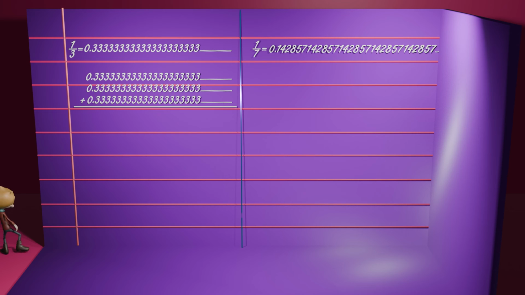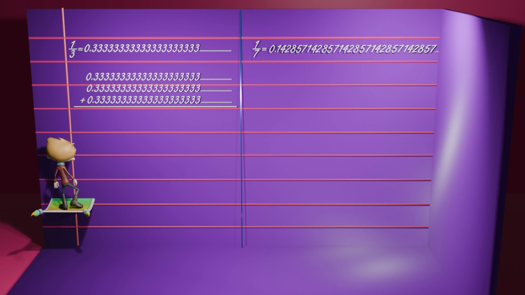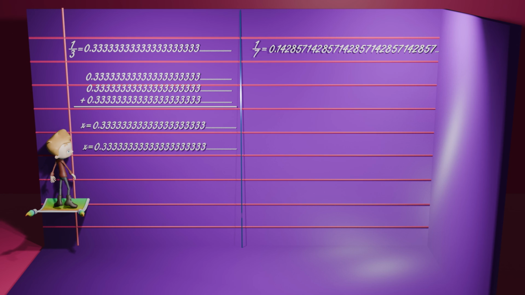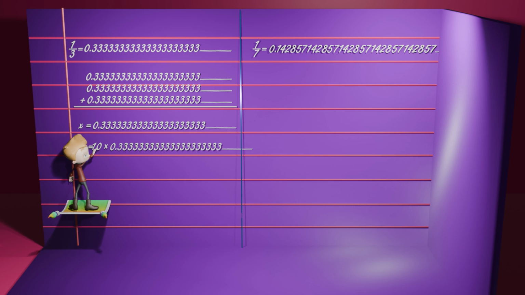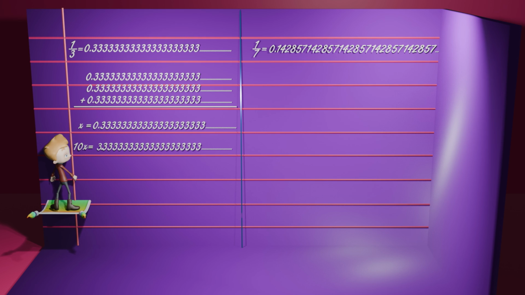We will take the help of algebra because the simple addition technique will not help to solve it. Let's assume x is equal to 0.3 repeating. We can multiply both sides by 10. We get 3.3 repeating as we multiply 0.3 repeating by 10. We can rewrite 3.3 repeating as 3 plus 0.3 repeating. The value of x is also given here. So we can change this number by x.